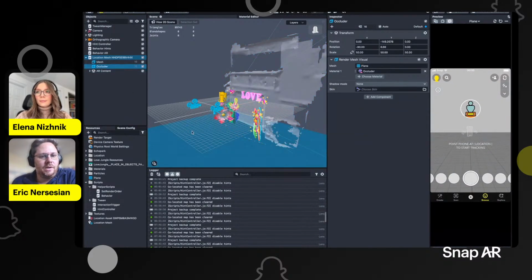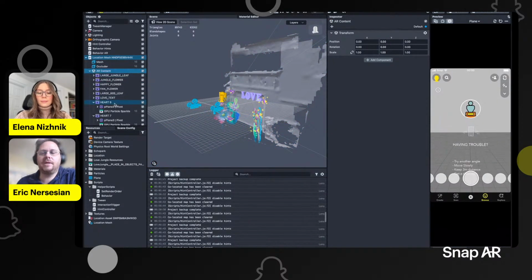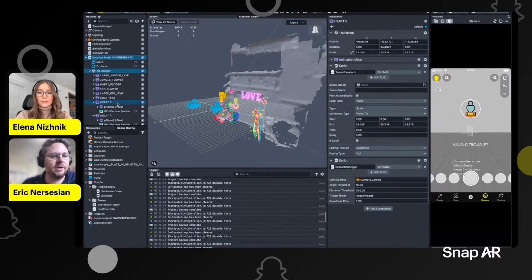Perfect. This is the floor occluder. It just sits there. That's great. So AR content. So I've got, oh, looking like we have good on time. I didn't know if I should rush. So this is going to be very